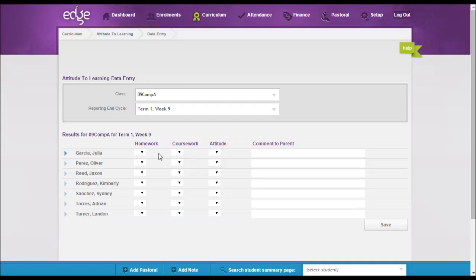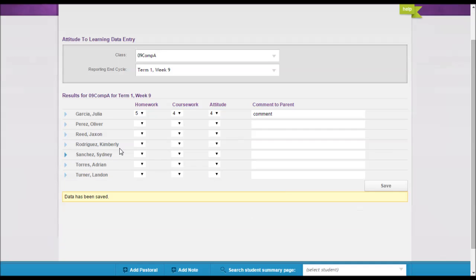That will bring up the list of students in the class, and all you need to do is click on the drop down to select that level that you'd like to give the students. And if you'd like a comment to go through to the parents, you can type that in here and save. If previous results have been entered for the students, a blue chevron will appear in front of their student name,